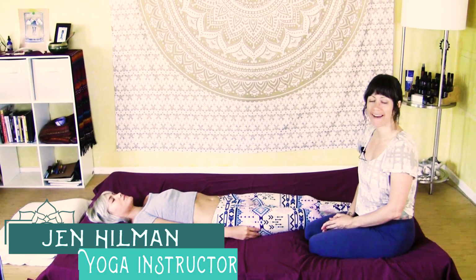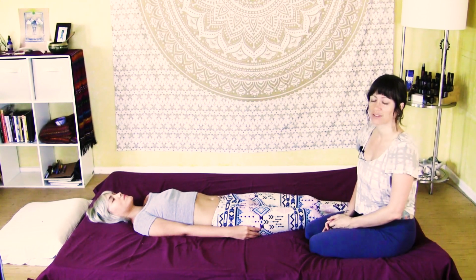We are going to be looking at some side lying techniques to help loosen up tension in the shoulders. It's a great way to help mobilize and increase range of motion in those tight shoulders, as well as targeting tension in the upper back. We'll also be able to work into the tops of the shoulders and even into the neck a little bit as well. So I'm really excited to show you some of these simple techniques in a very easy side lying